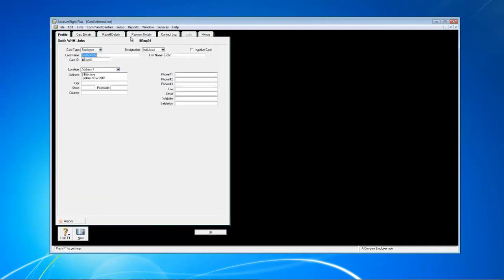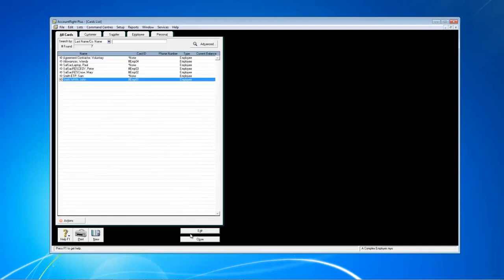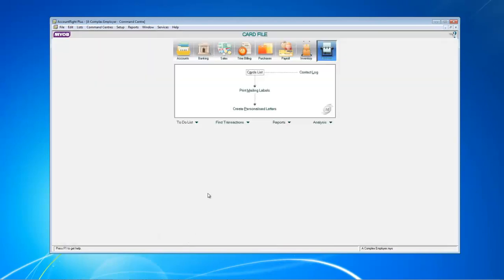And we'll do the same thing for Sam. Okay, now that's basically the change you need to make to your MYOB file, so we can close MYOB and